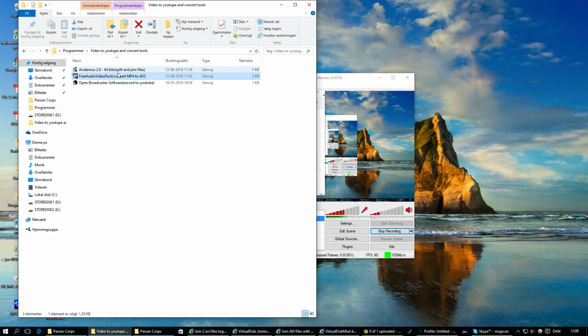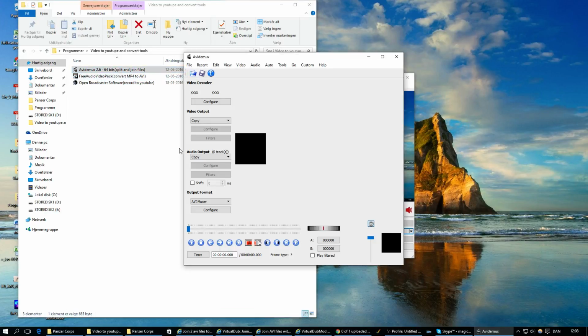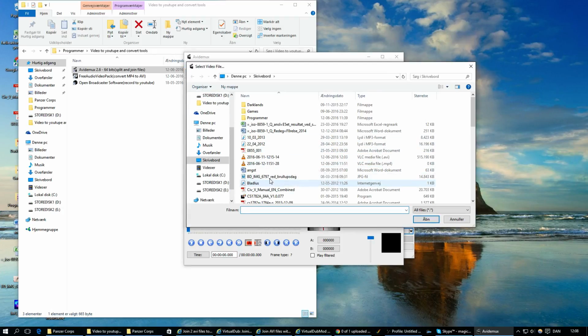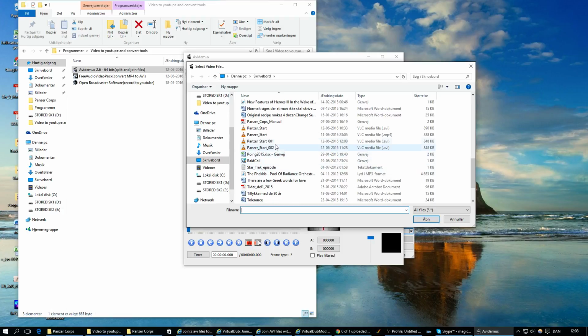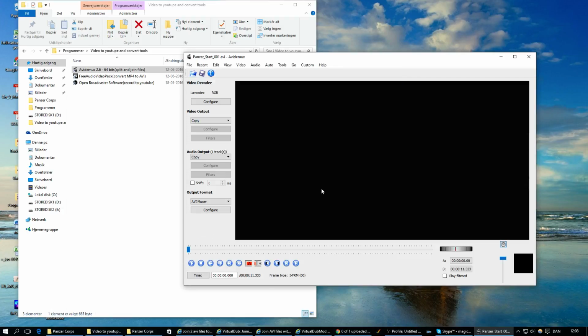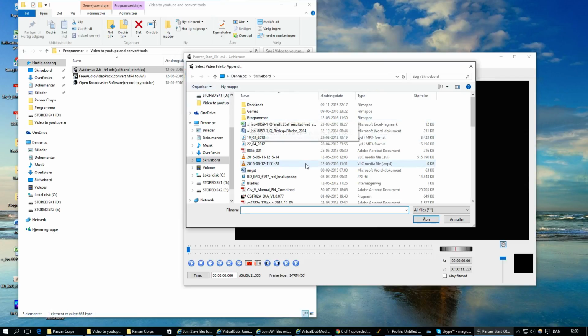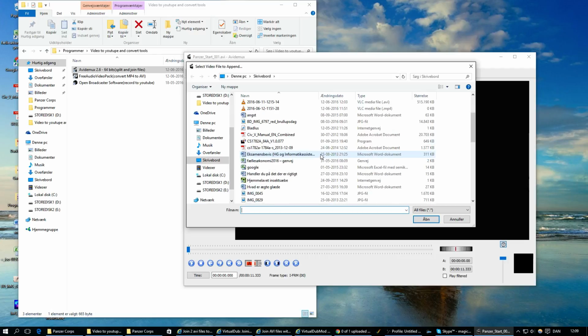And then I went into AVIMux again, and then I said I wanted to add the two files together. Then I said open, and now the new file, the 001 I made, I add that, and then I said file, append, because you want to add another file on top of that. Many say you have to go to the end of the file. I didn't do that. It works fine if you just